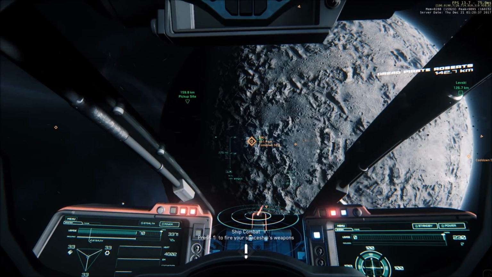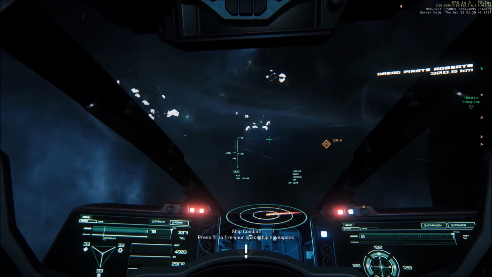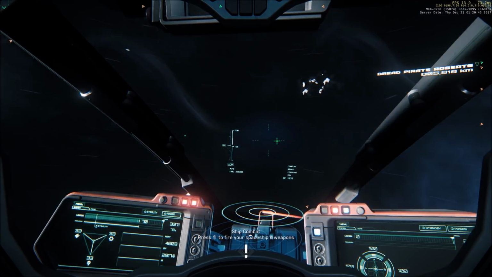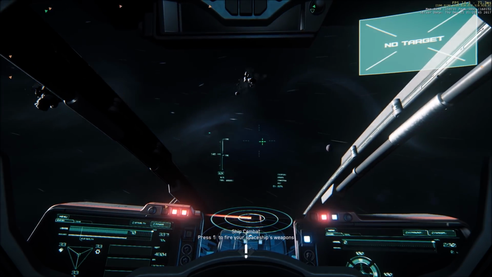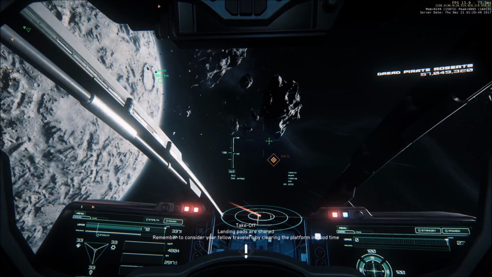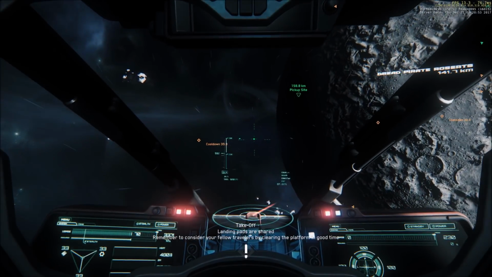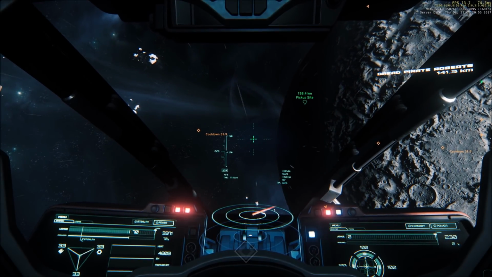Is there an enemy around? It said there was a contact, didn't it? Oh. Okay, I'm not seeing... I see a bunch of Dread Pirates, whatever the fuck that is, but...